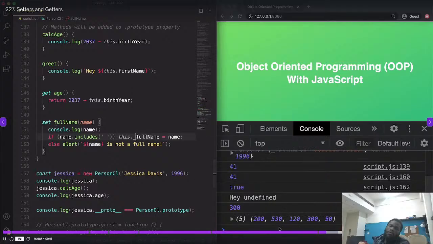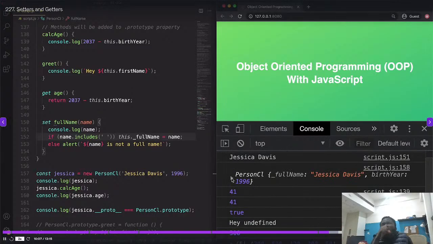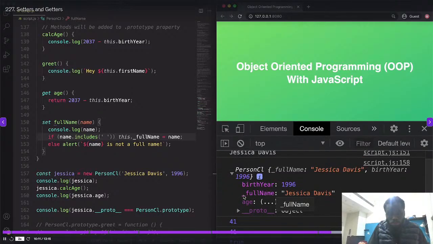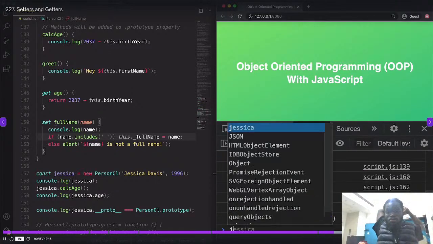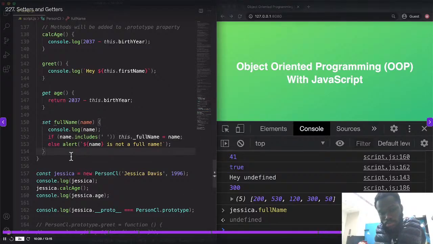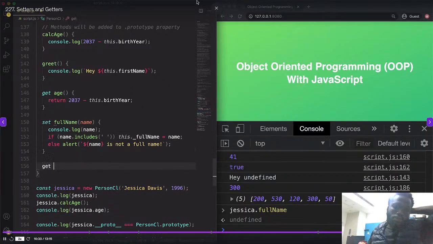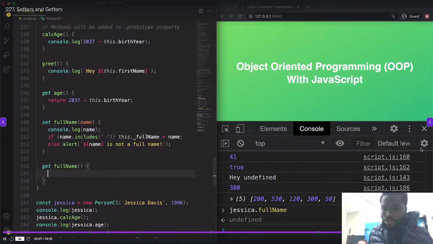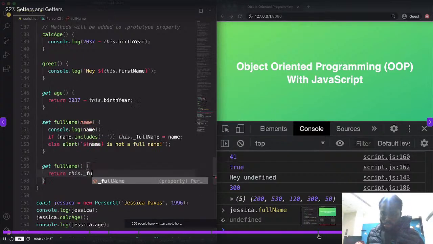So let's try this now actually. So if we try to look at Jessica Davis, you see that right now the property that exists is underscore full name. And so right now we cannot do Jessica.fullName because that simply doesn't exist. And so to fix this, we now also need to create a getter for the full name property. And so that will simply return the underscore full name. So let's see. So return this dot